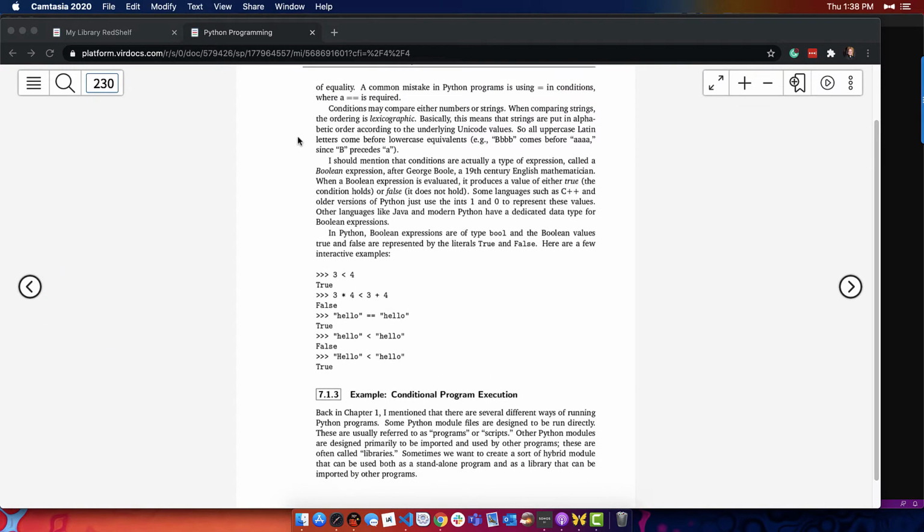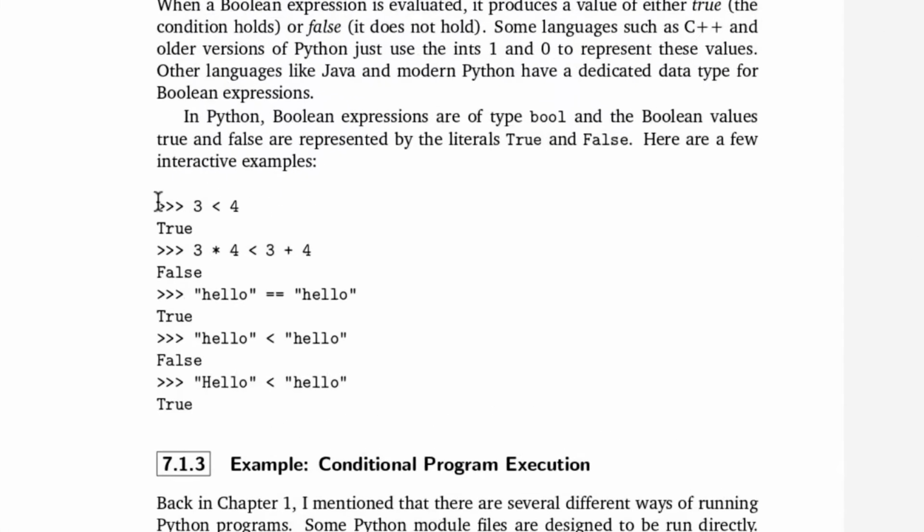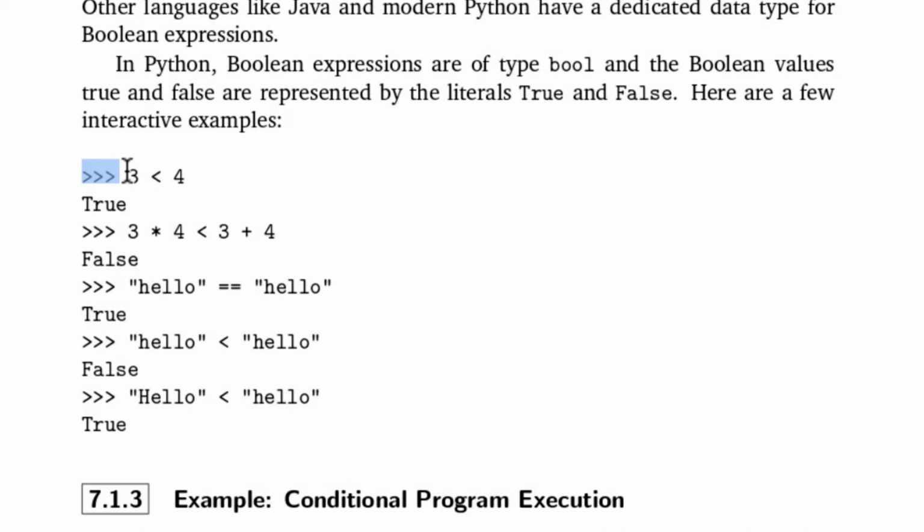In the textbook, I'm looking at my online version now. You see how they have these triple chevrons here, these triple greater than signs, and then some code, and then they hit enter and it says the value, right? During, I believe, the first class, I went over this, but I thought I'd go over it again because a lot of times on a quiz, you may be asked to evaluate an expression, just like any of these right here. And instead of creating code or a program in VS Code to do this, what you can do is,